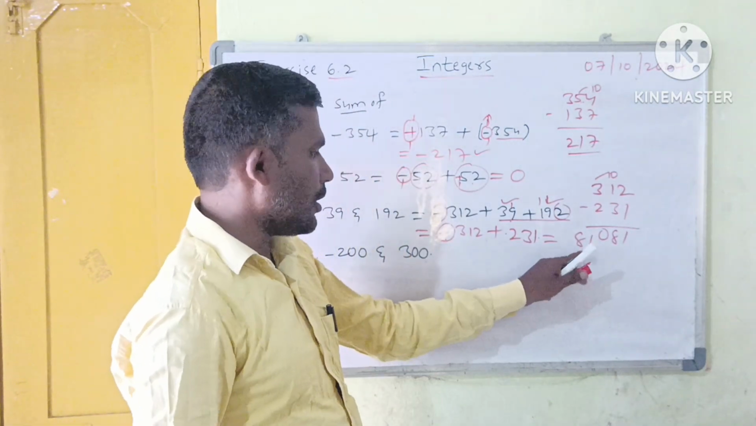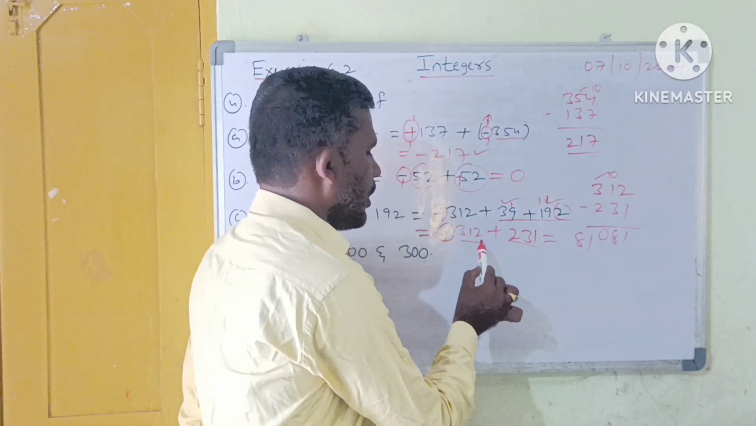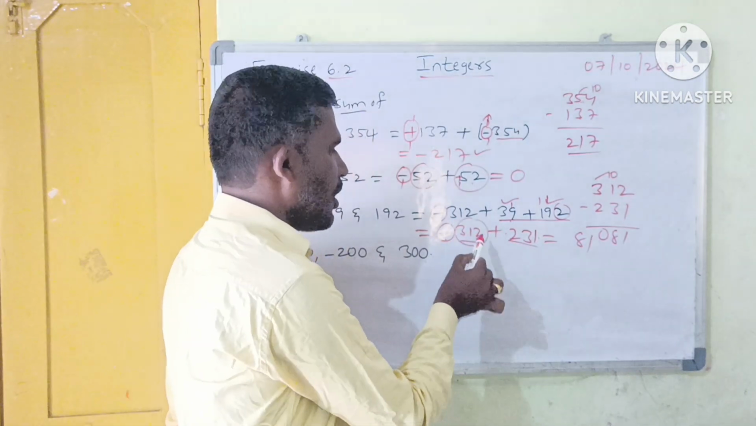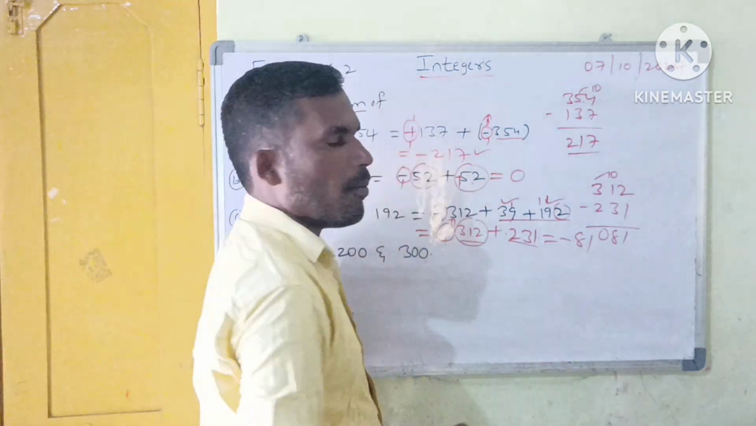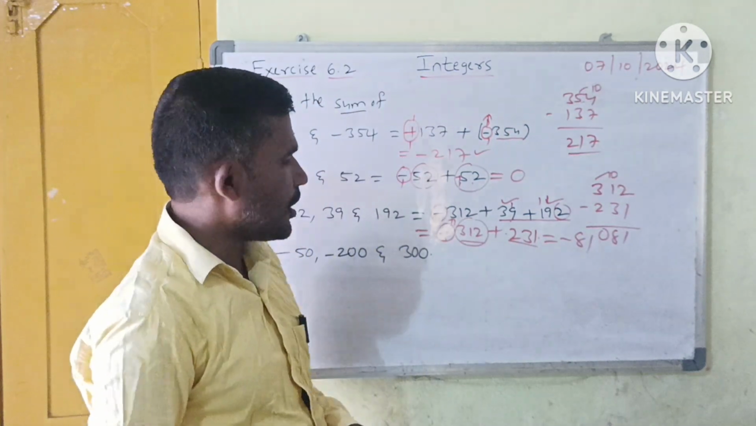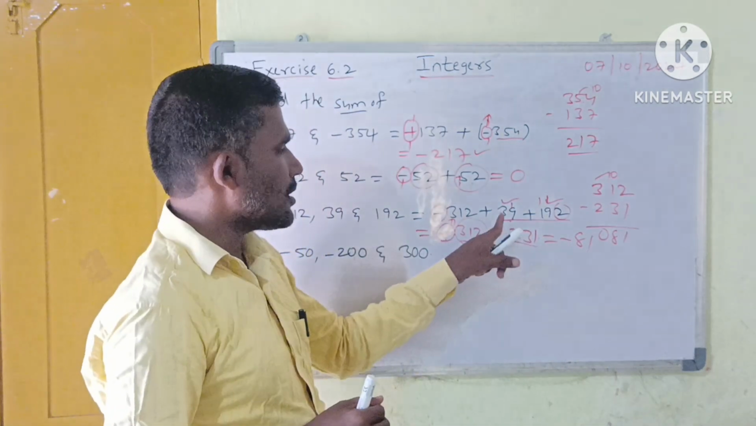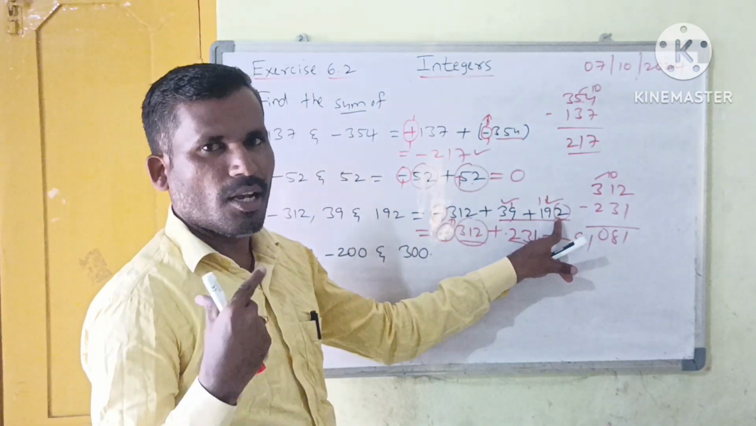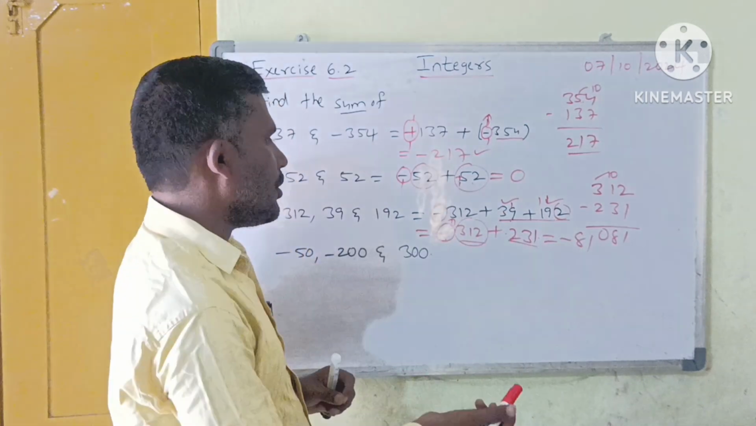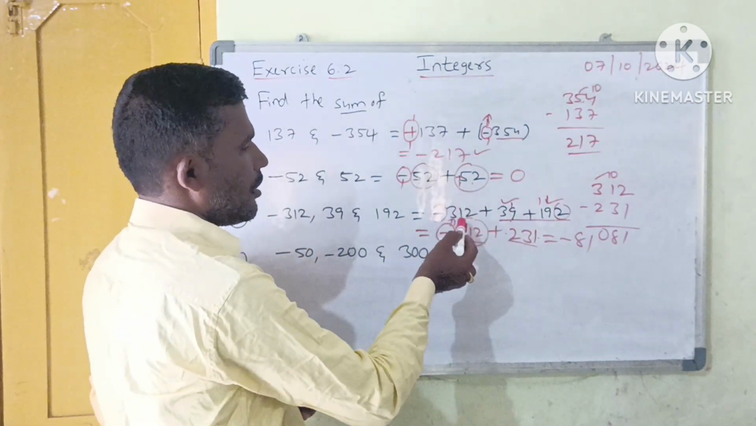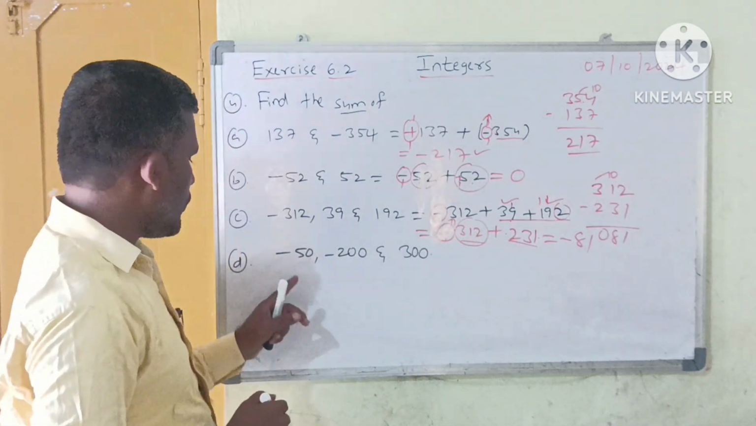But it is not 81 here; it will be negative, because between 231 and 312, 312 is the bigger value. For the bigger value we assign the minus sign, so we get minus 81. What I am saying is, when you are given three integers, first you have to add the integers that have the same sign, and after that you do the subtraction or addition. So the next integer, the last one,